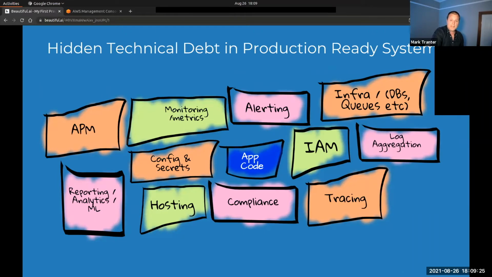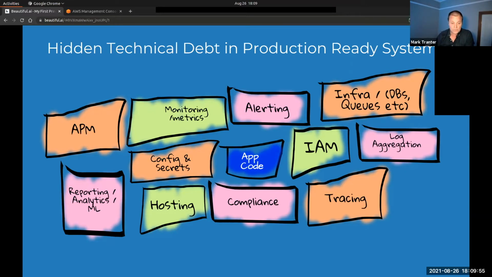So if you can imagine that we have our application code, and this is what the business is concerned about. This is what we want to deliver. So when we pick up that Jira ticket, this is the output. And then we have all these other concerns sitting around the outside: monitoring metrics, alerting, any various supporting infrastructure. So in the example that I used before, we had a DynamoDB database, had SNS topics. We also need to make sure we can log, we can query those logs, IAM permissions, so what services can